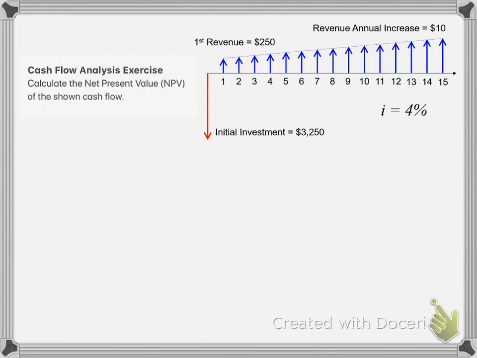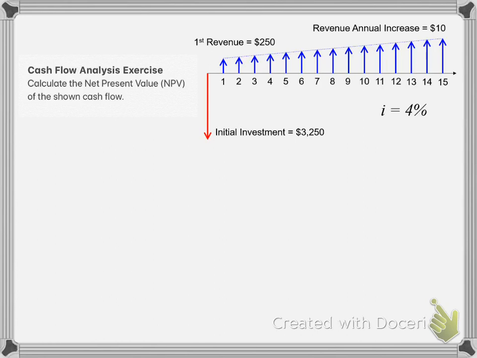And as you can see here in this cash flow, it has an initial investment of $3,250, and then you retrieve this investment through 15 years. Initially you start with $250, and this amount increases every year by $10. So the goal is to calculate the net present value,